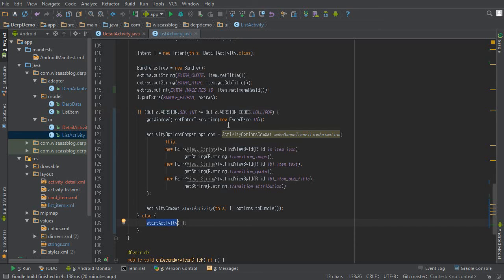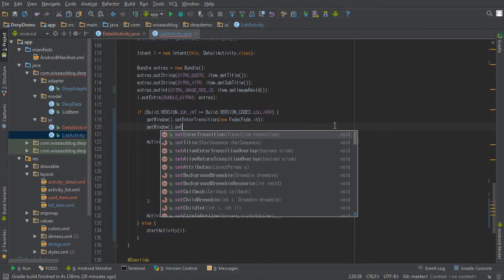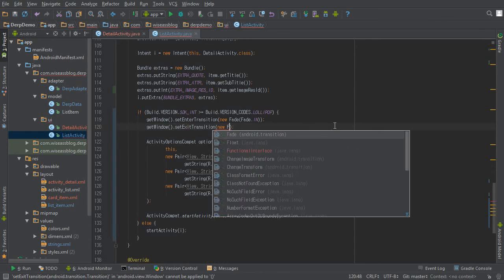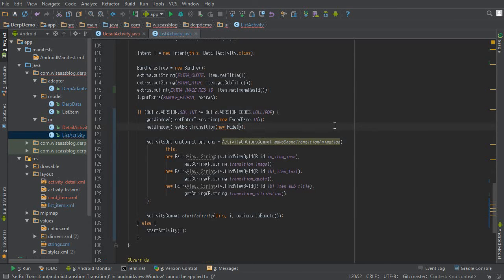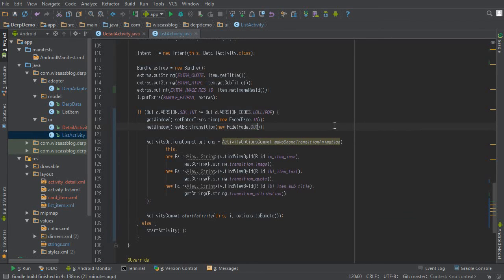So what's going on with this stuff? We have getWindow().setEnterTransition. I kind of goofed up, and that's supposed to say getWindow().setExitTransition. I'll make sure I make that change in the code itself. So we'll just add that change in here. But that's not really the important part. The important part is down here in this method,